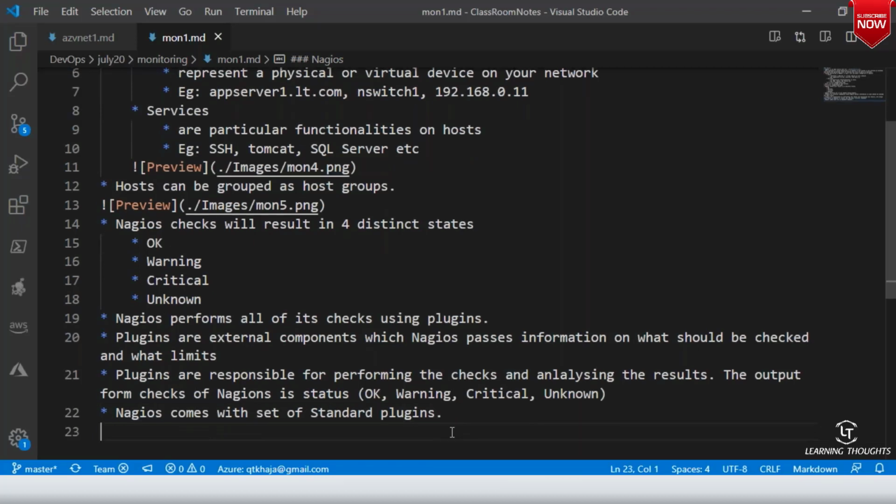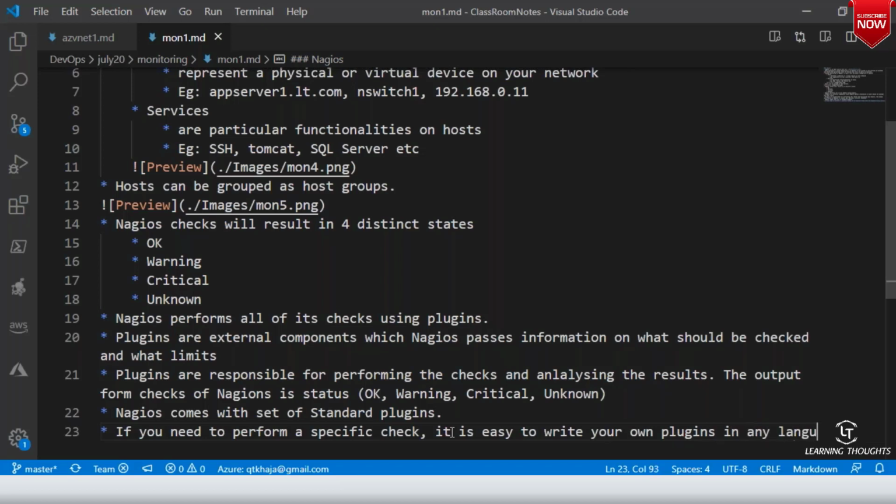And if you want to do some particular check where there is no plugin from Nagios, if you need to perform a specific check, it is easy to write your own plugins, and the best part is in any programming language which you want.